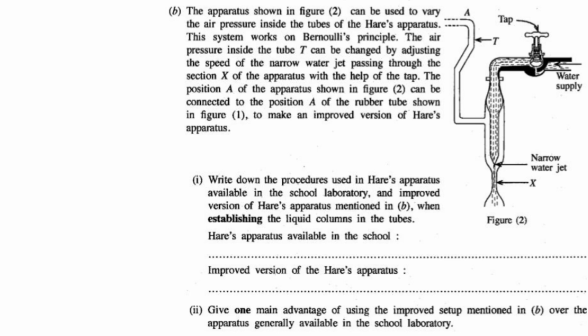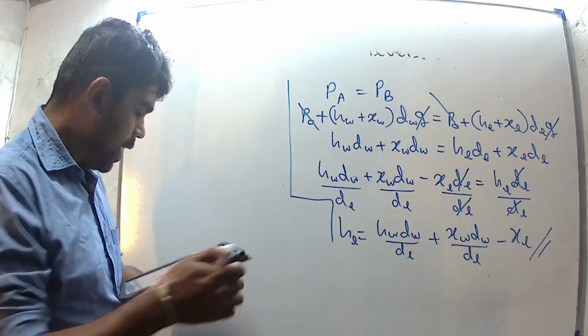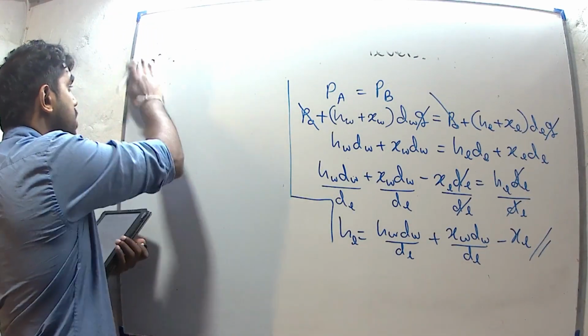Part 1. Write down the procedures used in hare separators available in the school laboratory and the improved version of the hare separator mentioned in part B when establishing the liquid column of the tube. We can write, when using hare separators,